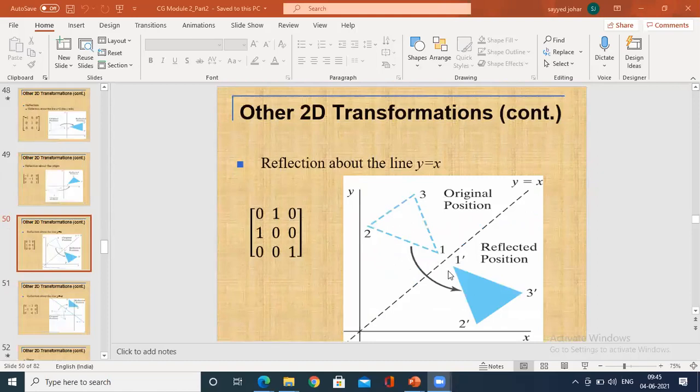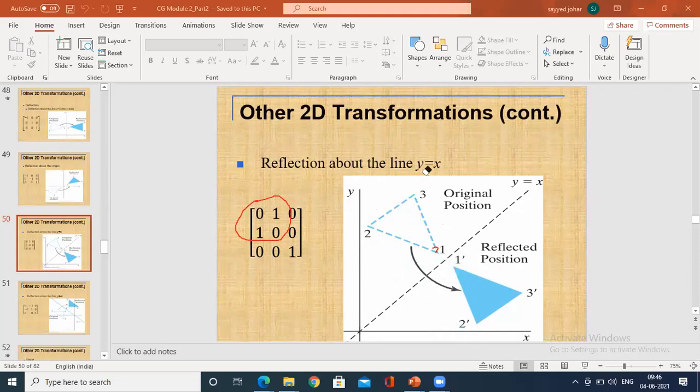Similarly, reflection along y equals x has been given. This matrix has been completely analyzed based on the changes that you would find when you reflect. So you have to calculate this. For example, if you calculate this one, what is the x? Again from the y, what is the change? Again, you measure from here, this y, this x. So the original and the reflected positions have been identified and analyzed, right?